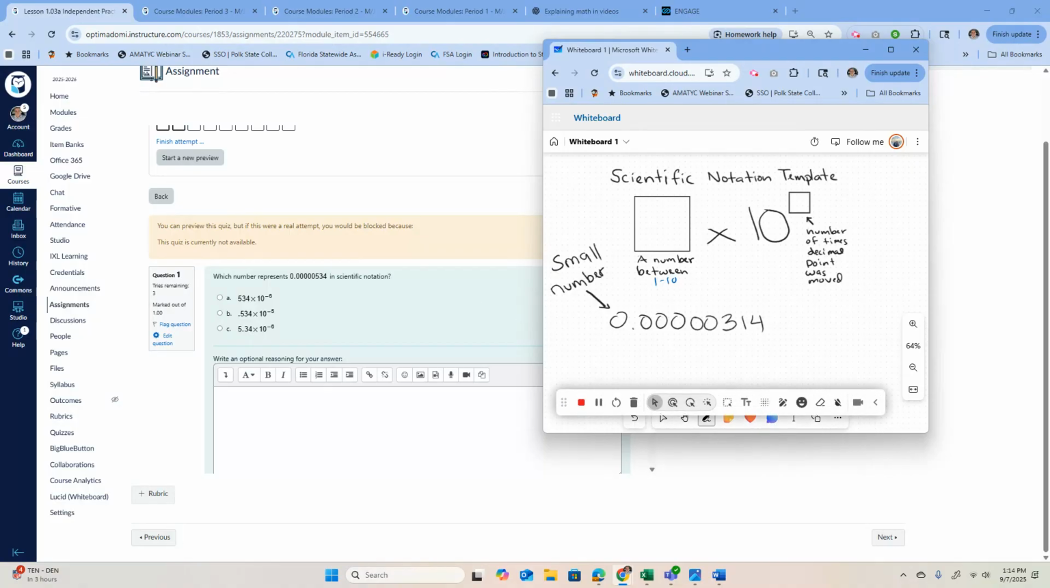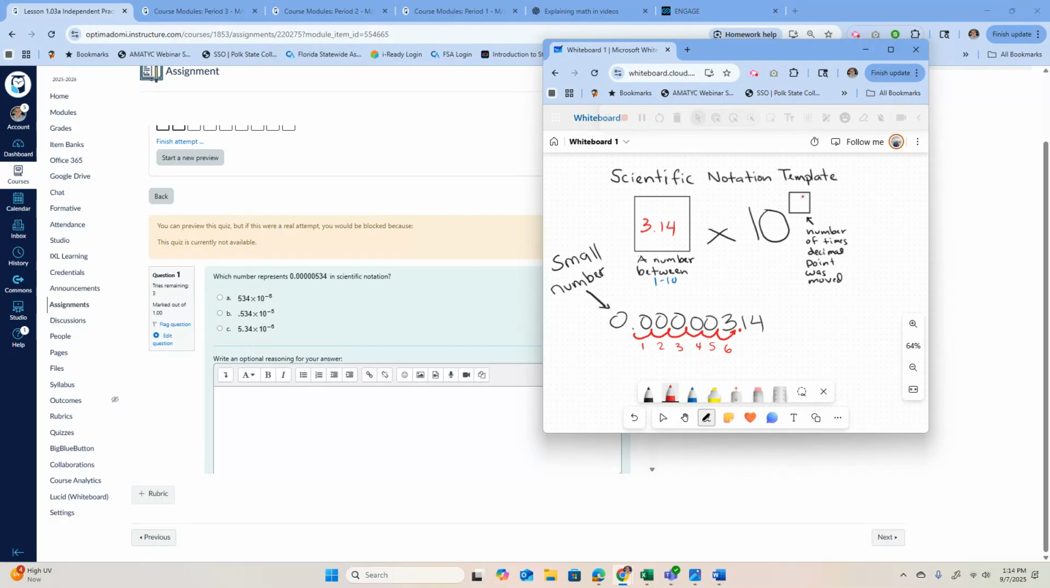In our case here, we have a small number. So this number is not between 1 and 10. So what I'm going to have to do is move the decimal point this time to the right until I get a number between 1 and 10. So if I put the decimal point here, between the 3 and the 1, I'm going to get 3.14. And then I'm going to count the little arcs, how many times I move the decimal point to the right,